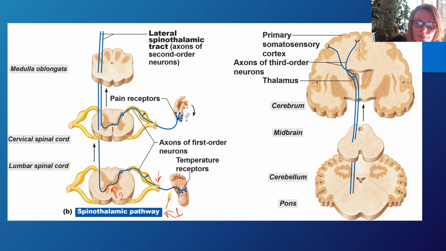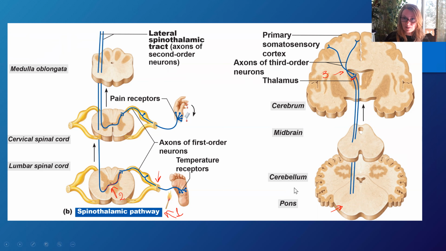And then it goes up. So here's your pons, here's your midbrain. And again it goes to the thalamus and synapses with the third order neuron and goes to your cerebral cortex. So if somebody brings matches to my skin and it's hot and painful,